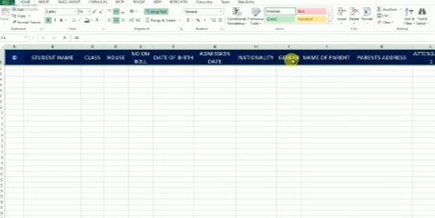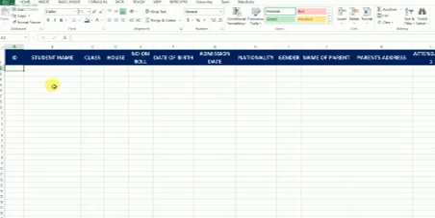So the next thing we are going to look at is how to enter the student ID and the name, class. So the class, if you're doing for JHS, we have 3 classes: Form 1, Form 2, Form 3. So this one can be either class or form.